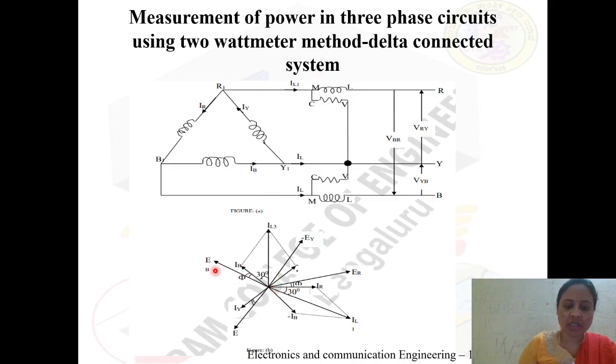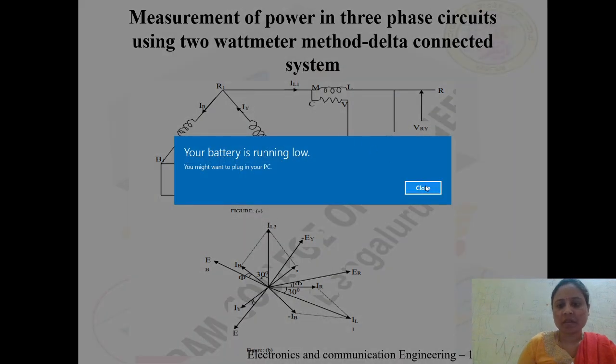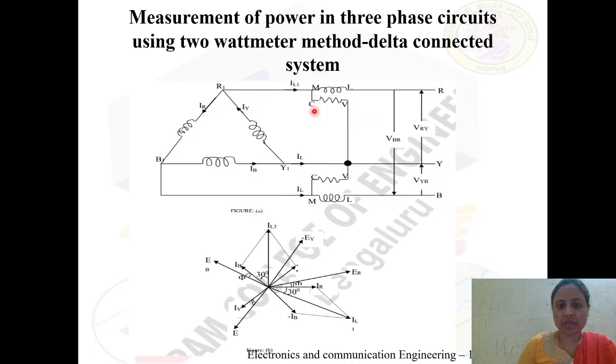And the voltage EB leads the current IB with an angle phi. Now, let us just look into the first wattmeter. The current measured by this wattmeter is IL1, or you can also call it IR. The voltage measured by the first wattmeter is VRY, and similarly the voltage measured by the second wattmeter is VYB, and the current measured by the second wattmeter is